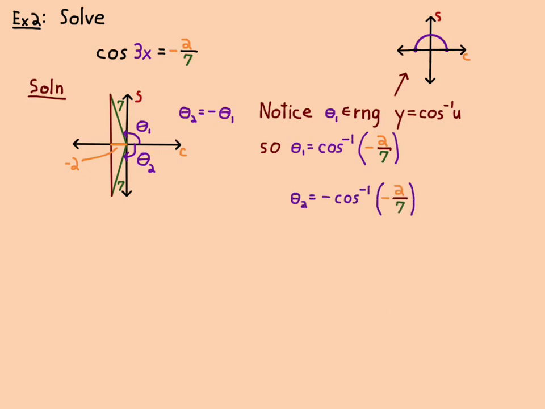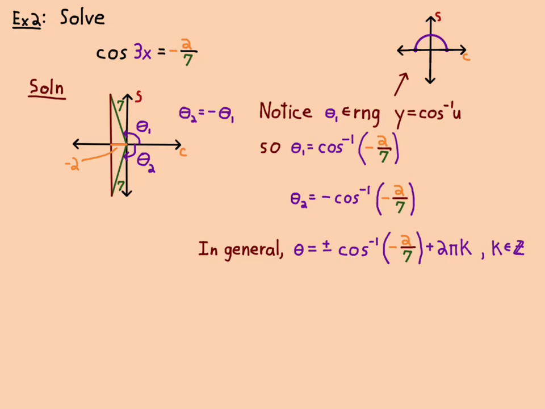And then theta 2 is just the opposite of the arc cosine of negative 2/7, because cosine is even, so that's why that works that way. In general, putting those together and adding on multiples of the period, I get theta equals plus or minus cosine inverse of negative 2/7 plus 2 pi k, where k is any integer. So that's all of the solutions